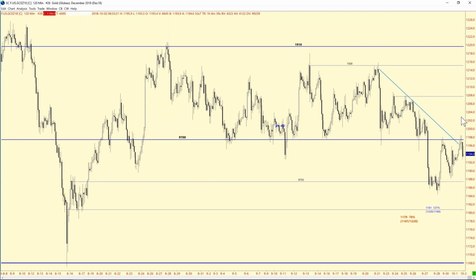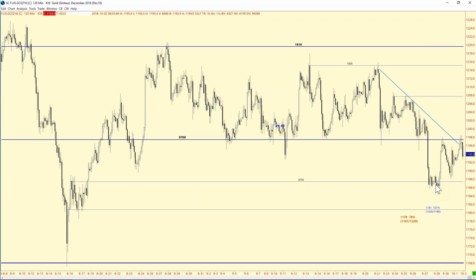You could say if we break out of here on a very, very short intraday type basis or over a day or two, it could be bullish. But all that means is it's just going to run up in here and run into a lot of headwind. So we take a daily close, as well as obviously a 2-hour close above 1219 to turn this market bullish. In the meantime, like I said, it's trapped in the mud, spinning its wheels going forward and spinning its wheels going in reverse.